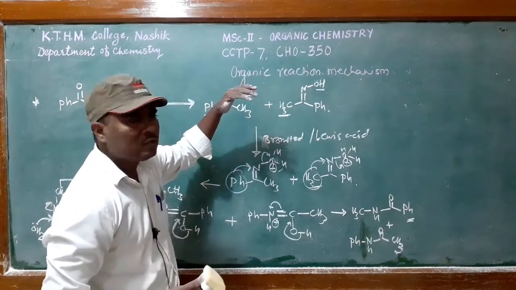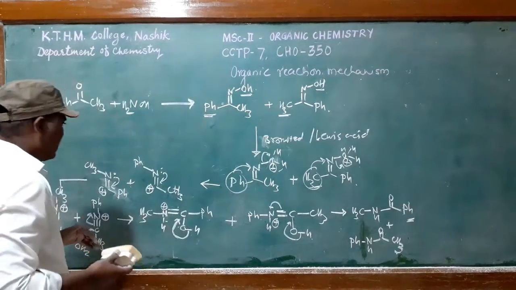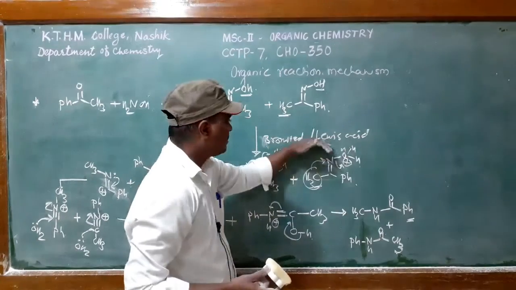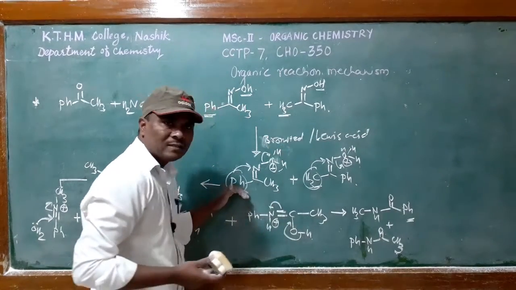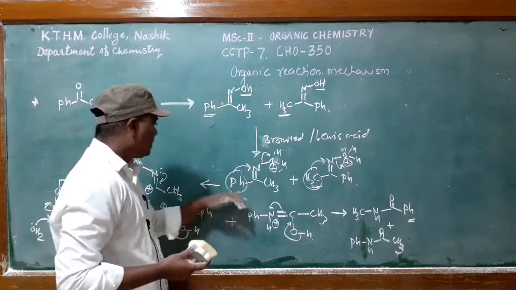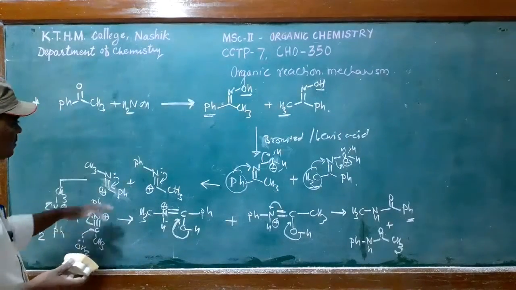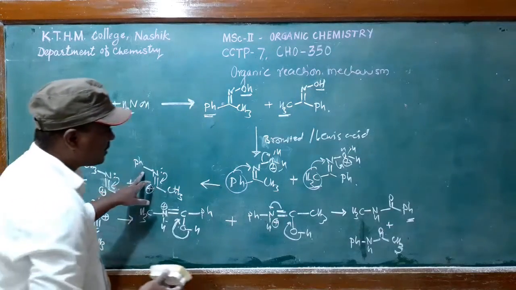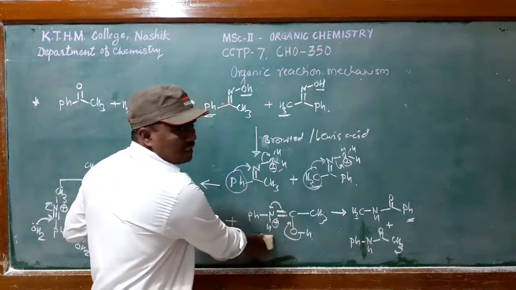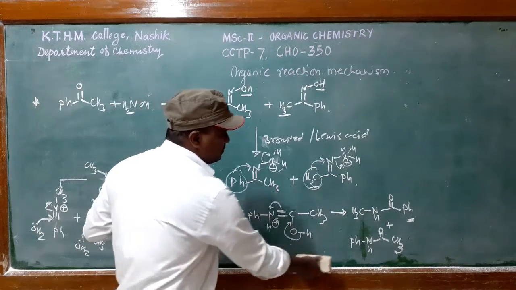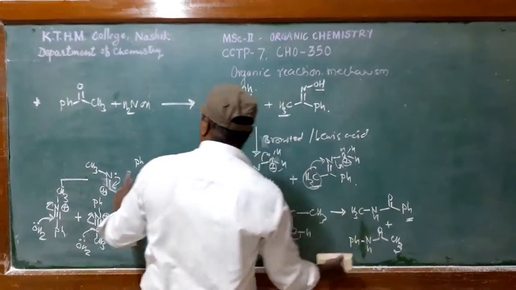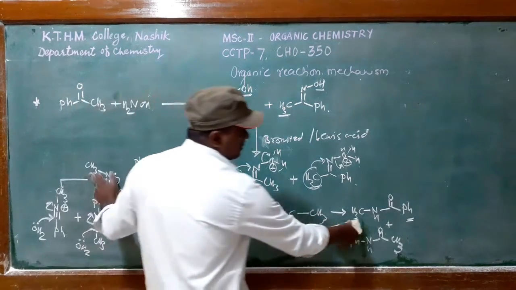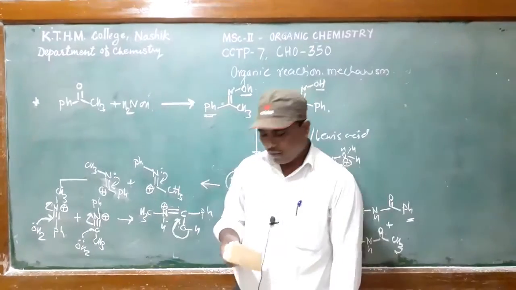That is a leaving group which, as I said, we can make by using a Brønsted acid or Lewis acid. So if phenyl is anti-periplanar, it will deliver this product, and subsequently this product will deliver this N-phenyl acetamide product, and if this methyl is anti-periplanar, this will deliver this N-methyl benzamide product.